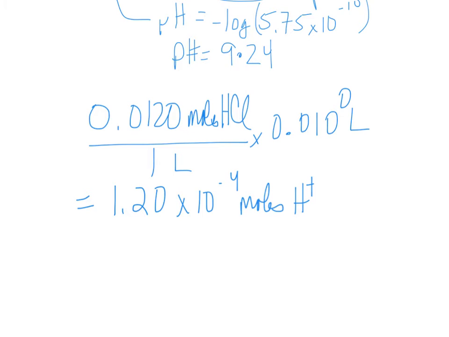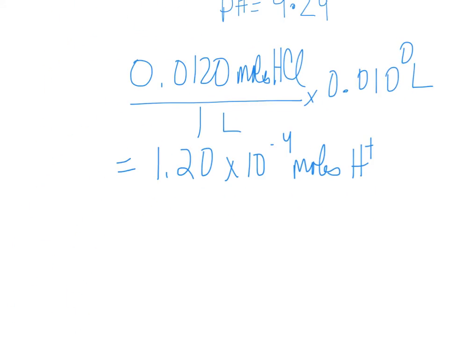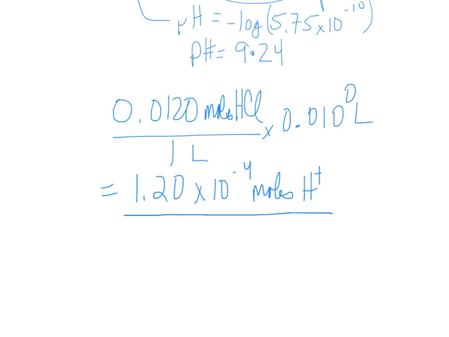Of course, what we need to do to figure out the pH is calculate its molarity. And here again, you have to be a little bit clever. Let's go back to the original problem. In the original problem, we had 20 mils of the NH3, and at this point, we have added 40 mils of the HCl. So in order for us to accurately calculate the molarity at this point, we have to add those two volumes together. So 20 mils plus 40 mils gives us 60 mils of our new solution. And dividing our moles by 60 mils in liters, 0.06 liters, we end up with